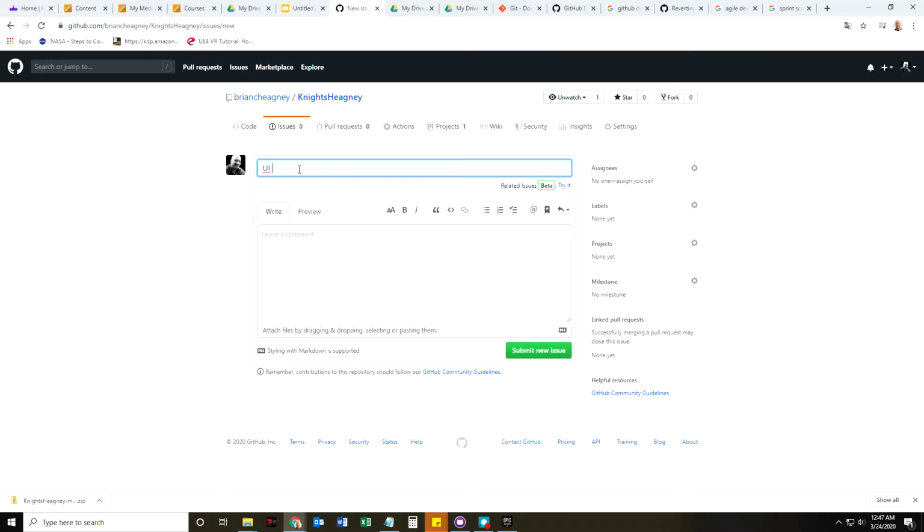UI for picking blocks, for picking tiles. I need to write this out so people know what to do, right? So I'm going to say, this is a good time to write a story. So I'll say, from the players, as a player,